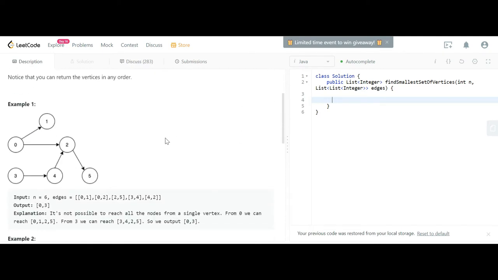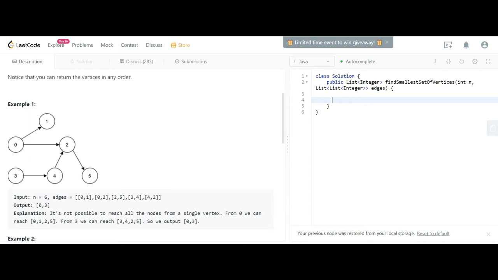So the problem statement is saying here one directed acyclic graph will be provided to you. What is a directed graph? It means there is a direction from one node to another. It is not bidirectional. And it is acyclic, which means it is not forming any cycle. So here is a graph with 6 nodes and this is an edge array where the first value is defining the from and the second value is defining the to. So 0, 1 means from 0 to 1, one edge is present. Similarly from 2 to 5, one direction is present.